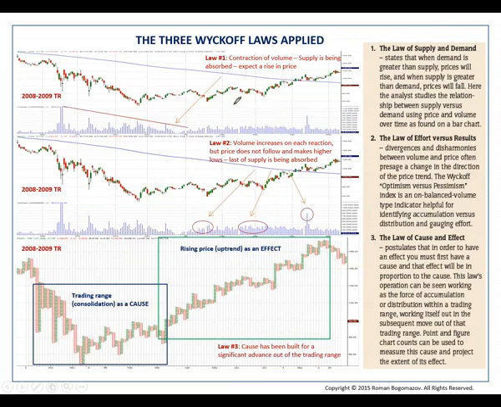So we're not going to go through the first 2. This is more related to our supply and demand class. But on the third one right here, for the cause and effect, we see that in the 2008-2009 trading range right here, and this is Goldman Sachs, we have the point and figures of one box,